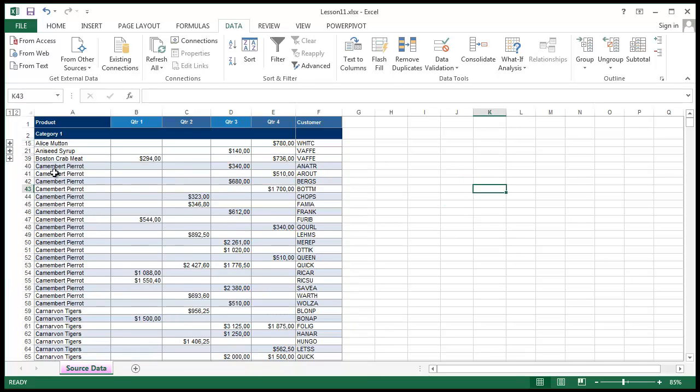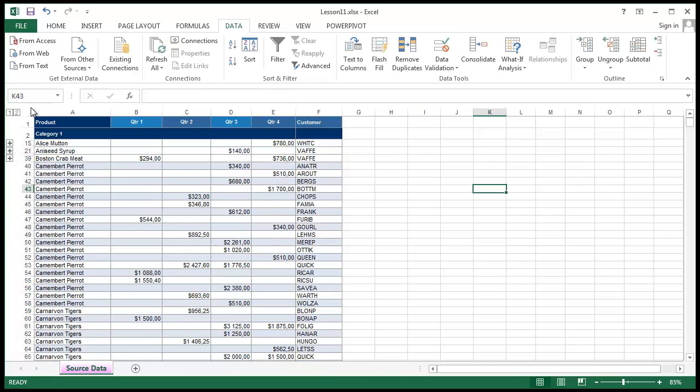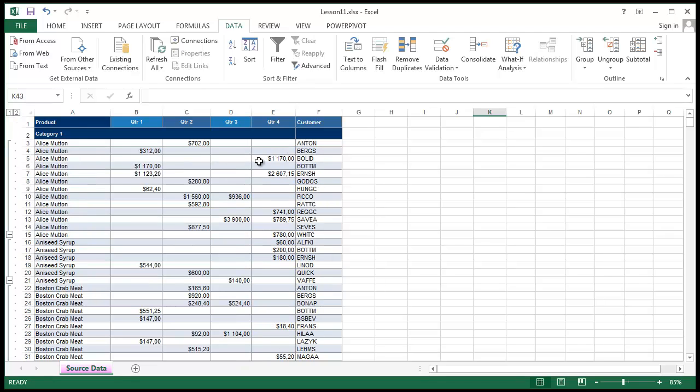What if we wanted to instantly show all of these groups? What do they consist of? Well, we have the 1, 2 buttons, and these buttons are responsible for allowing us to show all the groups at the same time. So basically, if you want to show the entire data